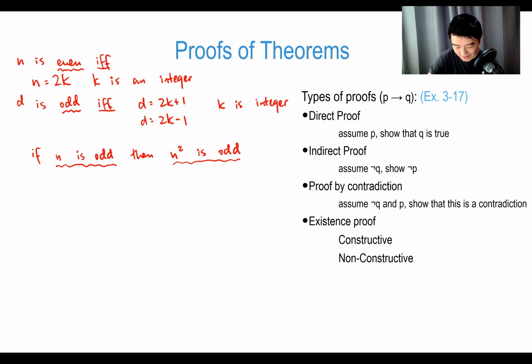Okay, now this n, don't get it mixed up with our definition. N is just some whole number that we're working with. So if n is an odd number, then n squared is also an odd number. Now understand this as P and Q respectively, but to be a little bit more exact,